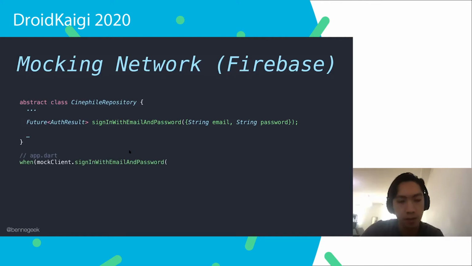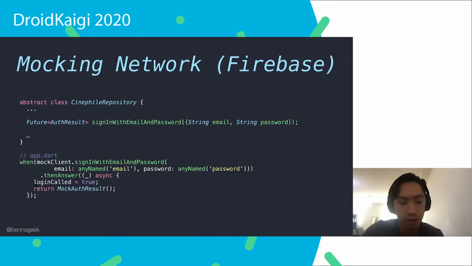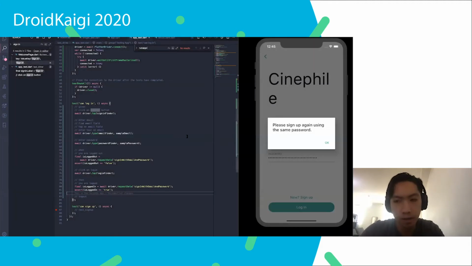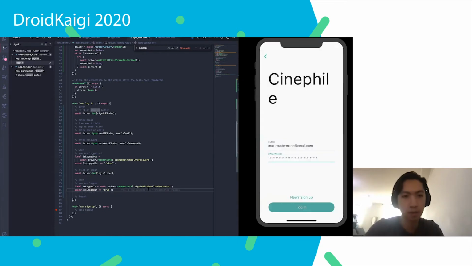And then in your app.dart, you can use Mockito, which I've shown you earlier, to mock the sign-in with email and password. And then you can set a variable, which you can request later on with the request data method. And then you can return a mock result. Let's go back and see. Okay, it seems like it's tried to log in already, but it's still not using